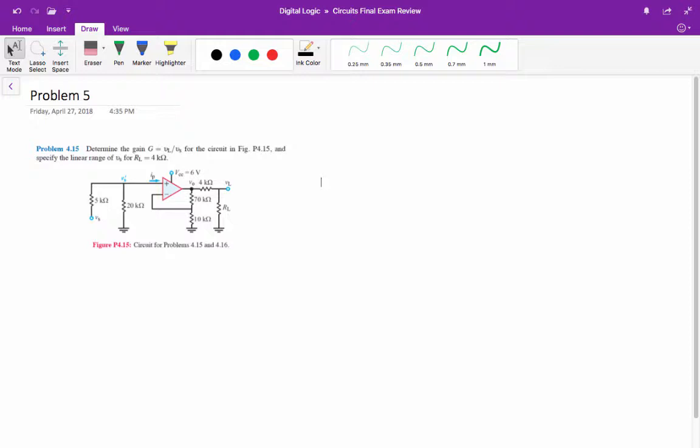It is a non-inverting amplifier, but you don't need to know that to work the problem. So what we're going to do first is figure out, if we can, what VP is, because we know VP has to equal VN. And we know that IP equals IN equals 0. So IP is labeled here, that's going to be 0, but VP is not necessarily 0. So to find out what VP is,